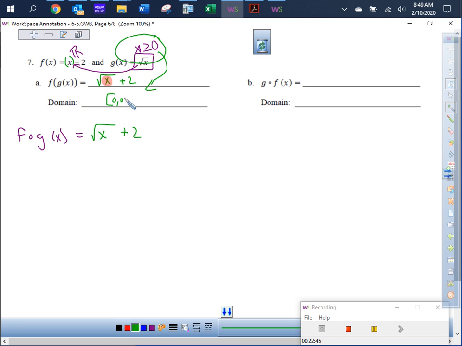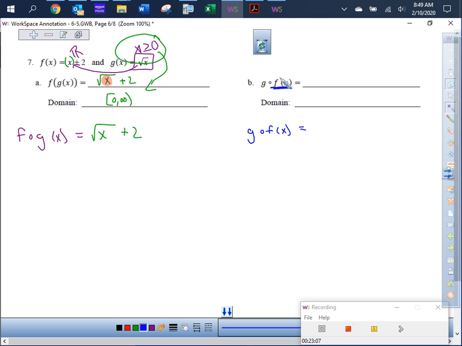Doesn't it go from 0 included to infinity in that case? Let's do the old switcheroony around, but now F's domain rules the roost because it's like the first function rules. So F said everybody could come over, but that might change when we play the little game, right? So we got to see what happens. So G of F of X